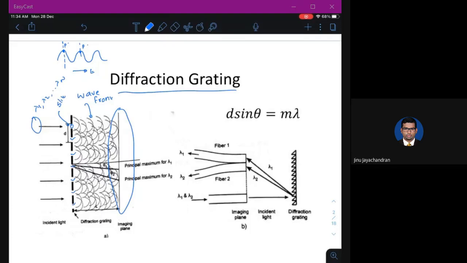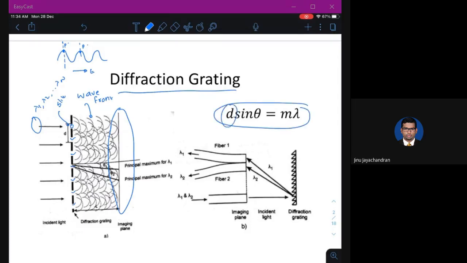Now when this light wavefront is incident on the imaging plane, only those wavefronts which superimpose constructively will cause a bright spot or will have the corresponding wavelength present. So if some wavelengths are incident on the imaging plane destructively, they get cancelled out. So basically you have filtered out all those wavelengths which have incident constructively. Now how will you choose which wavelength has incident constructively? That is based on this equation.